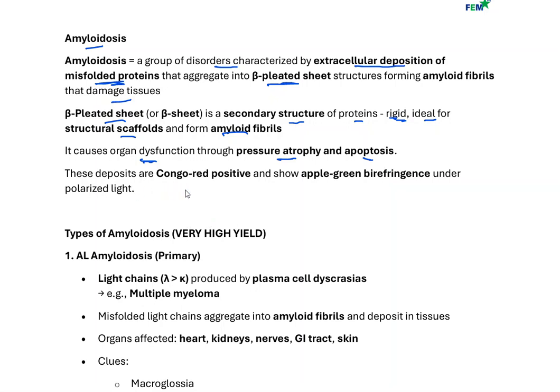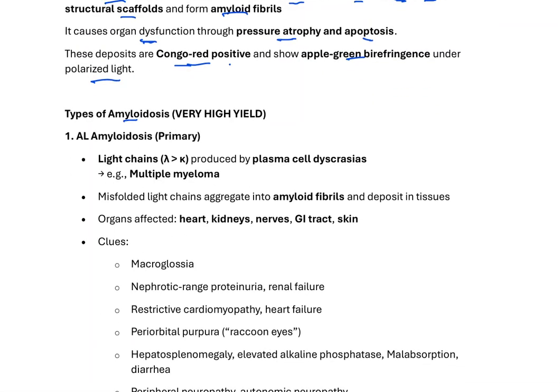And these deposits are Congo red positive. Congo red is the stain that we use, right? They're going to stain positive for it. And when you put them under polarized light, they're going to appear as apple green birefringence. So when we look at different types of amyloidosis, we have systemic amyloidosis and organ-specific amyloidosis. And guys, these are high yield for the exam. So let's start with